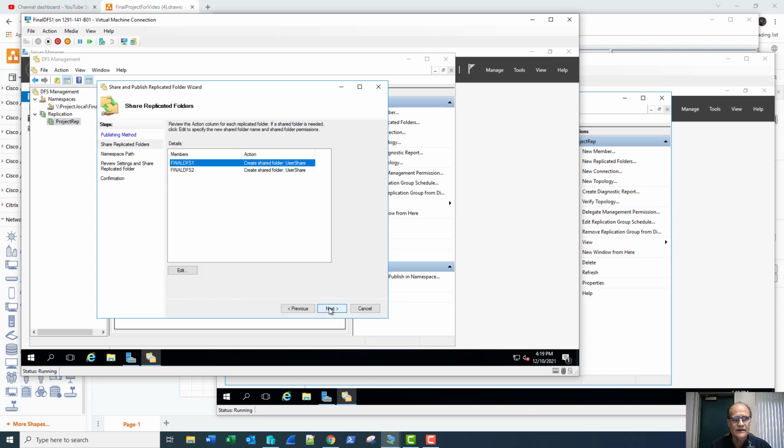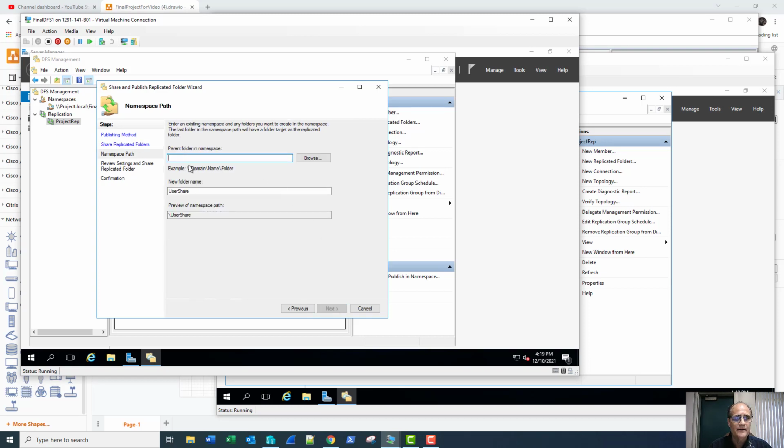I'm going to click next. We can see right here, we can see our different ones. We create shared folder, it's there. We're going to do next, parent folder in the namespace. So this is going to be the parent folder. You can see domain, name, and then a folder. So if I move this out of the way,